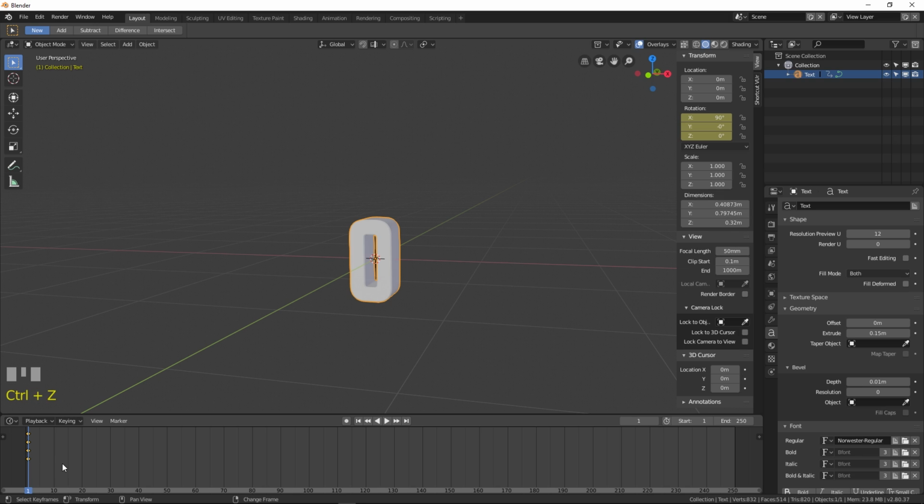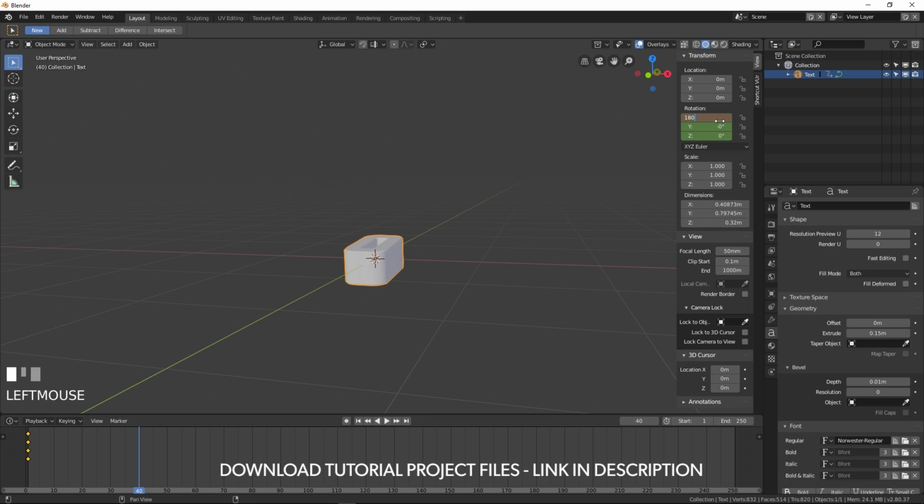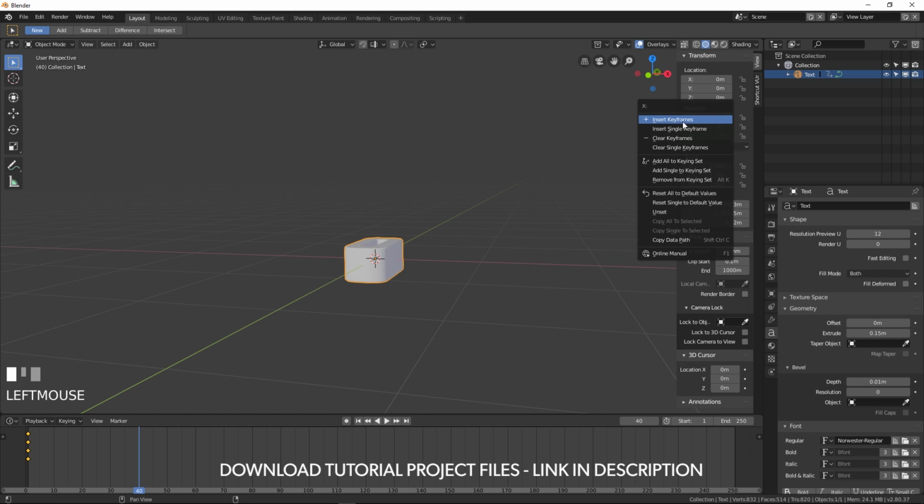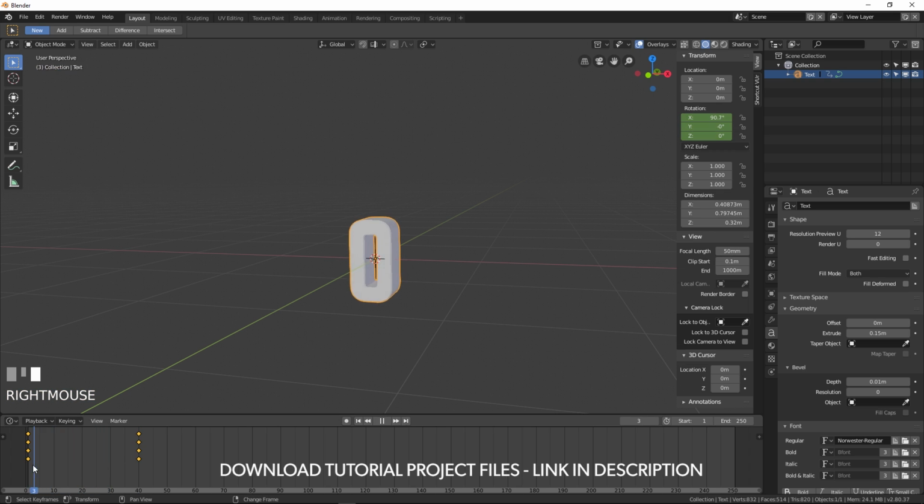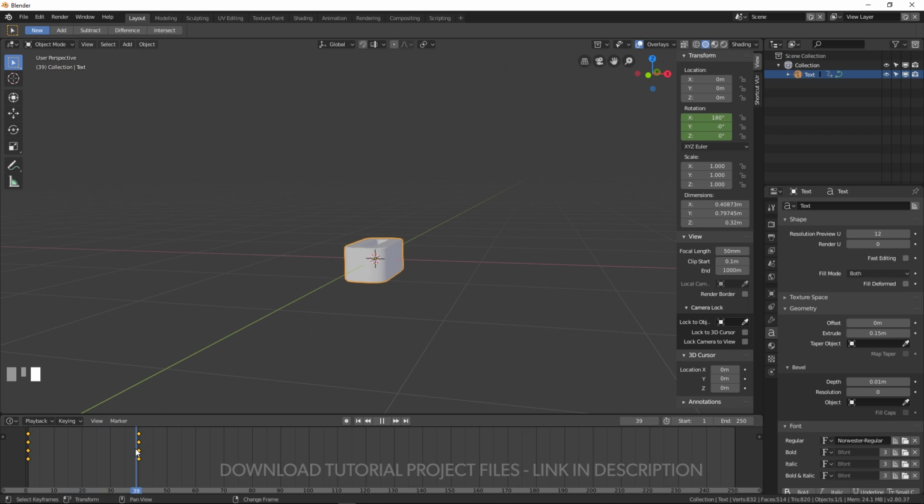Now let's move on the timeline. So I'm holding the right mouse key and let's go to 40 frame, and over here we want the value to change to something like this, 180 degrees. So let's type 180 over here and let's right click and insert keyframe. So if I play back here, you can see that now our animation is happening and our 0 letter is